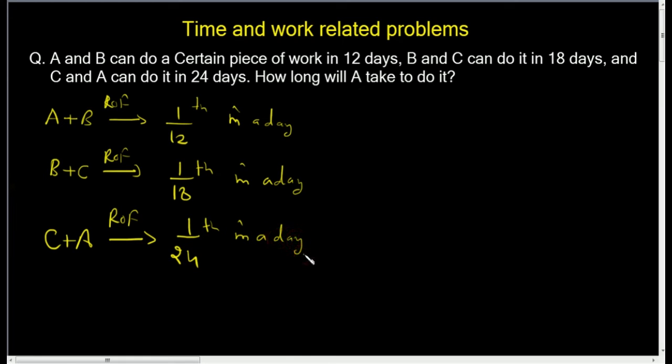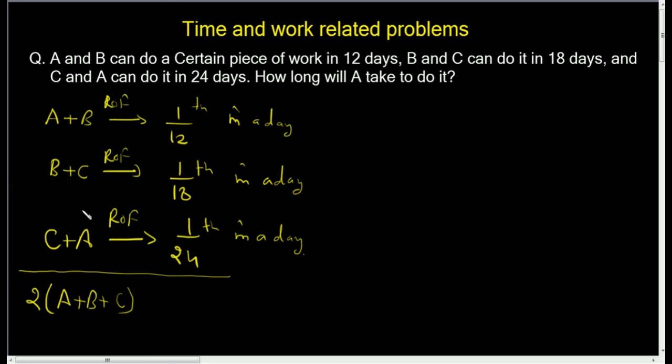Okay, but now we want just A. So before that we'll compute how much time they will take, or how much work they do in a day, if they work all together, A, B and C. Okay, so we add these three, so this will be twice of A plus B plus C,